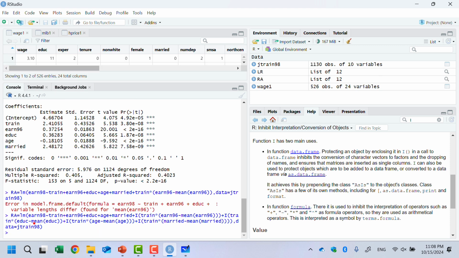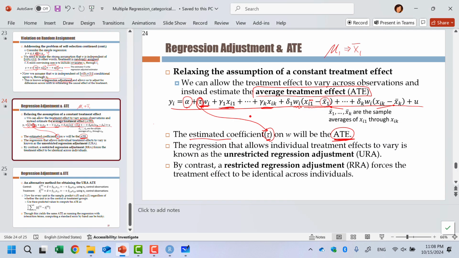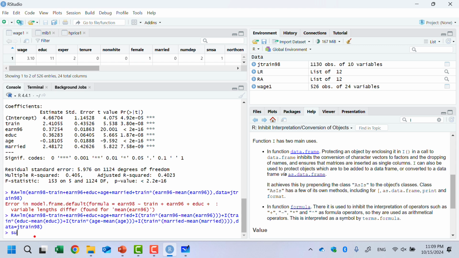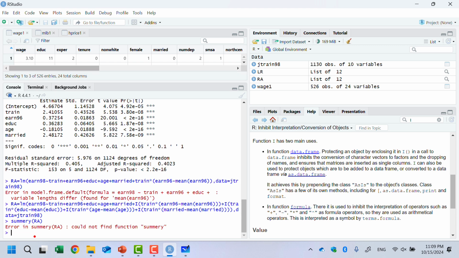Yeah, this is what I did. This is the train, earn 96, education, age, married, and also train times earn 96 minus mean. That's what I'm doing here. So I calculated this is a train, and then all other single factors, and then train times earn 96 minus average of earn 96 and so on, right? So I'm doing that, and then if you do the summary of the regression adjustment,